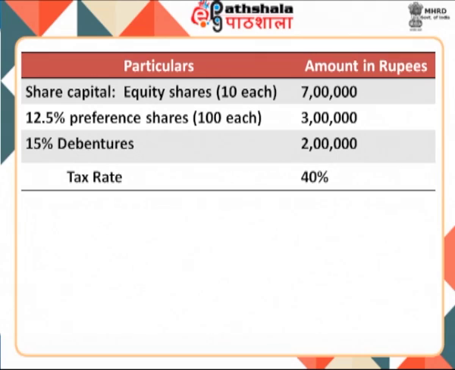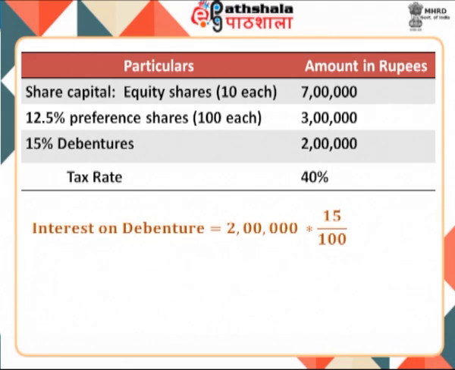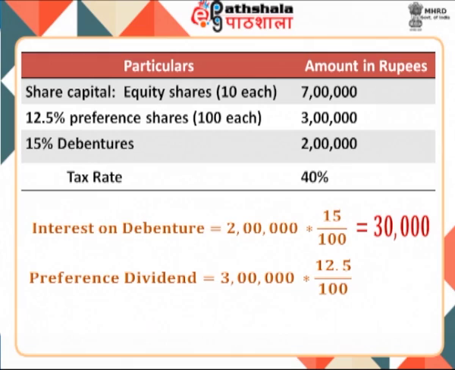Tax rate 40%. Now, interest on debentures is equal to 2 lakh multiplied by 15 divided by 100, which is equal to 30,000. Preference dividend is equal to 3 lakh multiplied by 12.5 divided by 100, which comes out to be